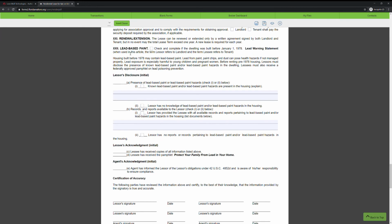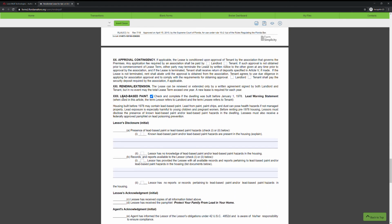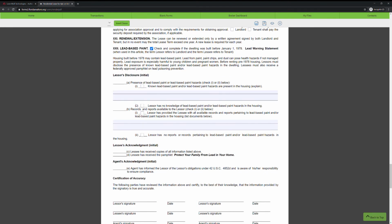Here we go, lead-based paint. This is the exact same thing we were just filling out, just it's incorporated into this contract. You need to check this up here if you're filling this out. A lot of realtors, they don't see this part here where it says lead-based paint in this particular paragraph, and they don't check mark this, and they fill it out here, and they may fill this out incorrectly or correctly, but